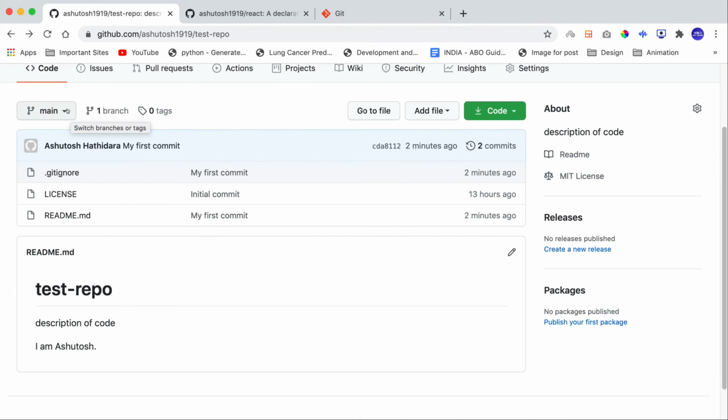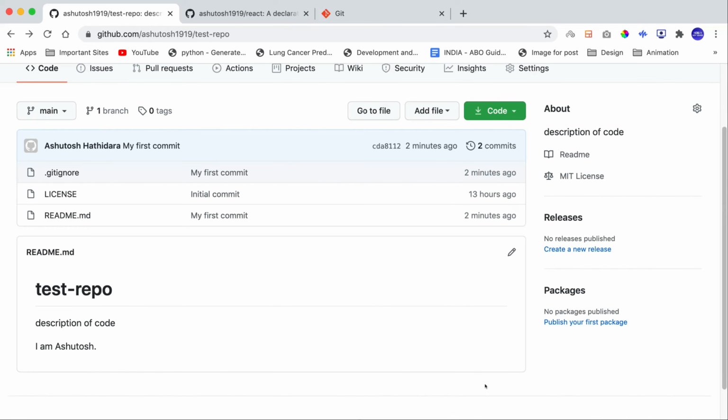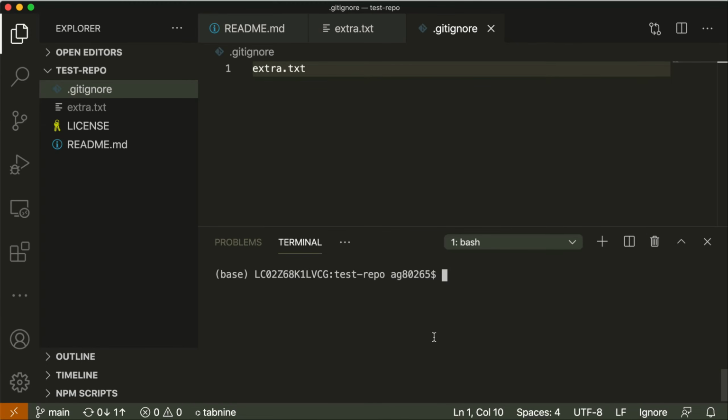Now in GitHub, whenever you create a repository, the default branch of this repository is main. If you want to see in your local repository in which branch you are working, then you can just run command git branch and it will tell you. In our case, we are working on main branch. Now how to create a new branch? So to create a new branch, we can run command git checkout -b to create a branch and then branch name.